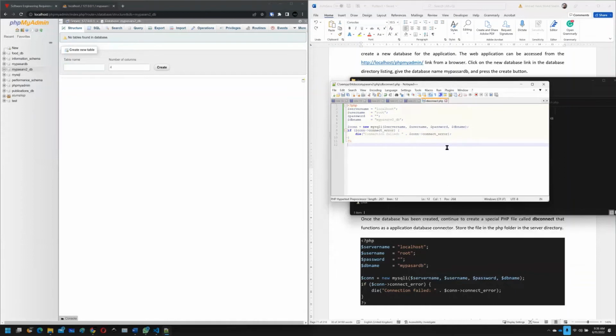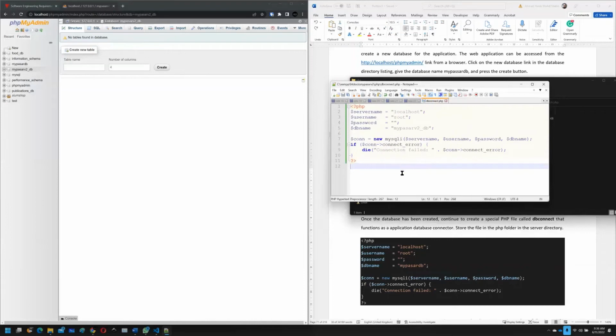Now you can see that Notepad++ automatically identifies this as PHP scripting, so it automatically does all the syntax highlighting and whatnot. It can be very easy for you to read this. Okay, once you have that, you can test whether your database connector is working or not just